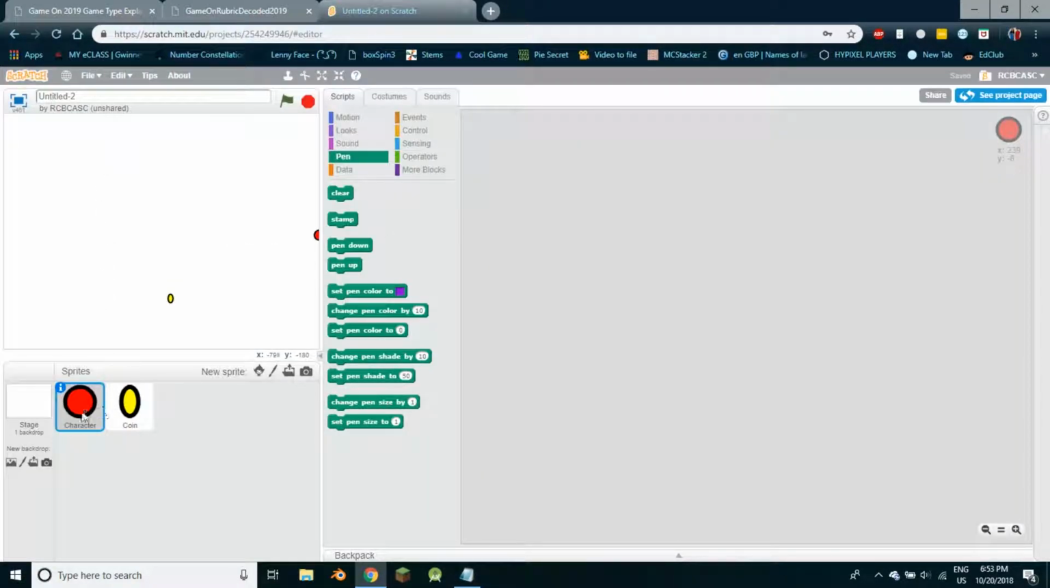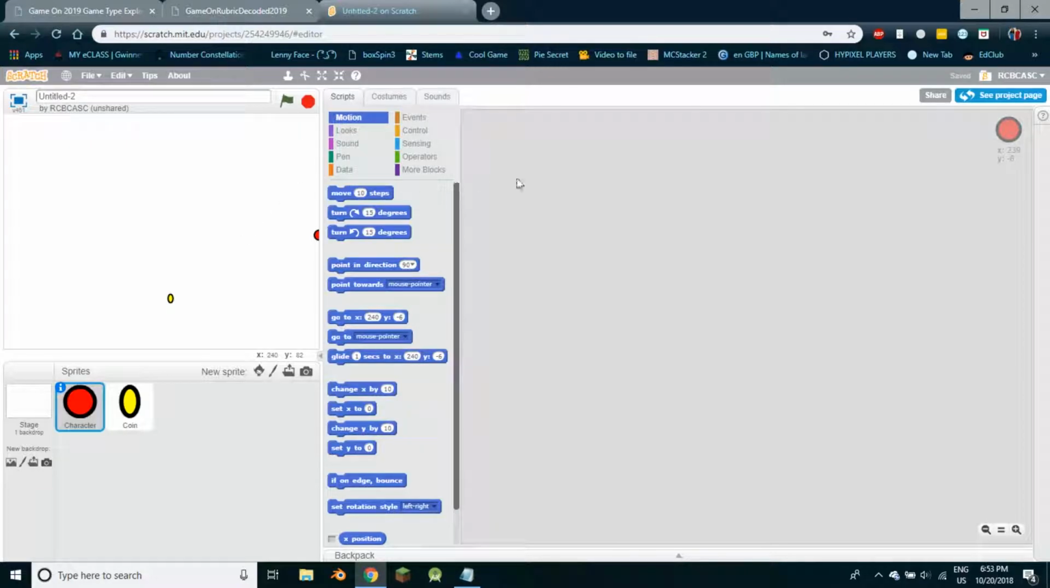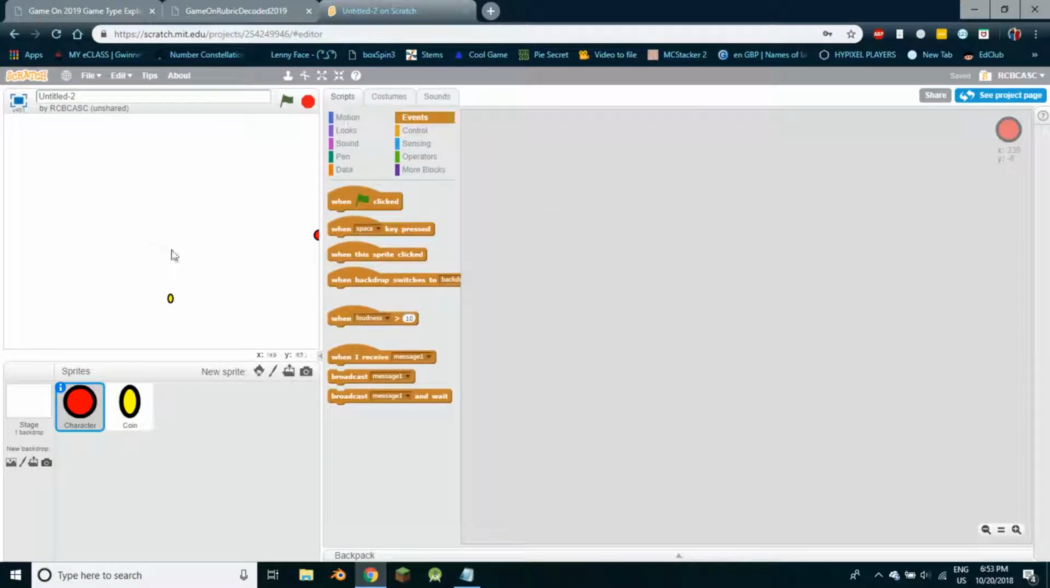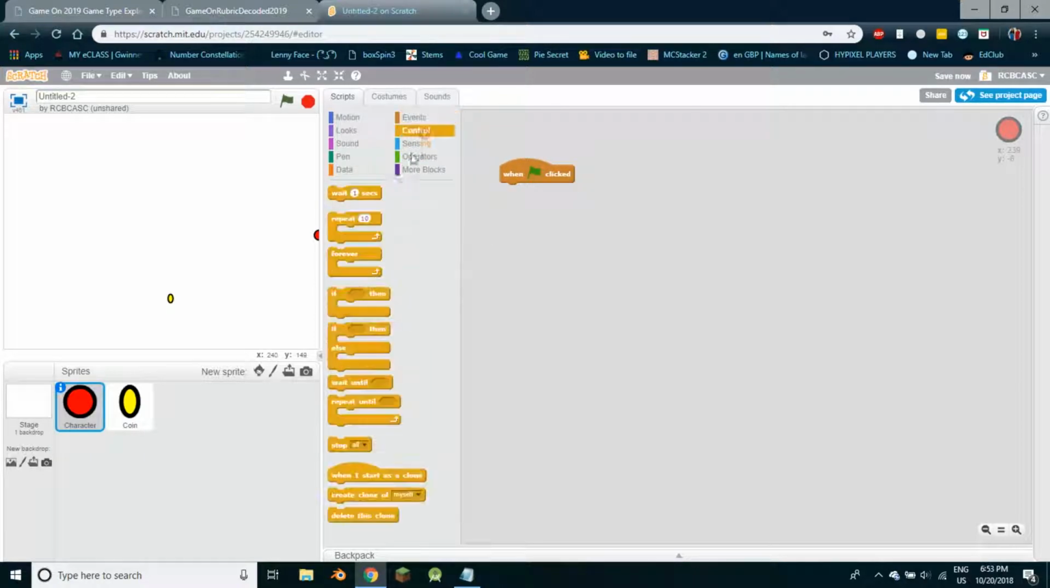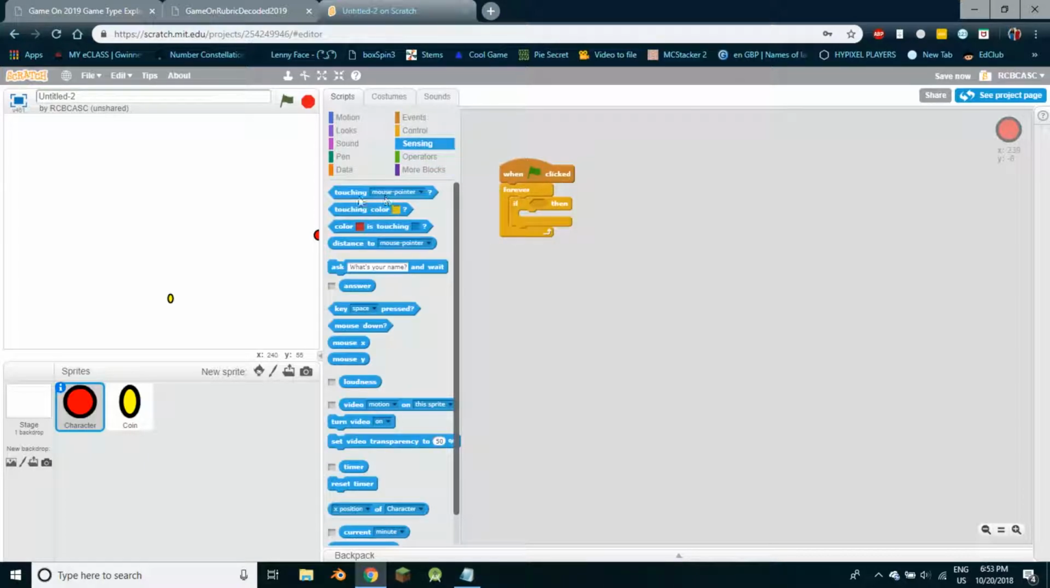Alright, that's cool. Now we want the character to collect the coin. There are different ways to go about this: mouse or arrow keys. Because I explained this in the last video, you can do whatever controls you want. In this, I'll be using WASD. If you don't know what WASD is, it's basically the arrow keys, but on a different part of the keyboard. So if I do this, forever, if